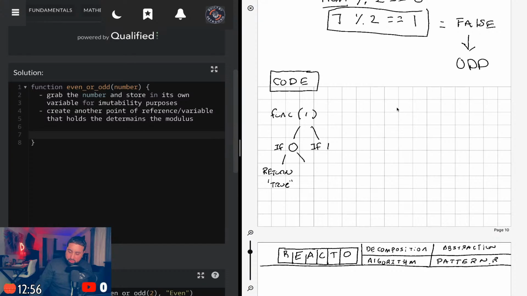If 1, we're going to return... I'm sorry, not return true, return, this is odd, this has to return even.